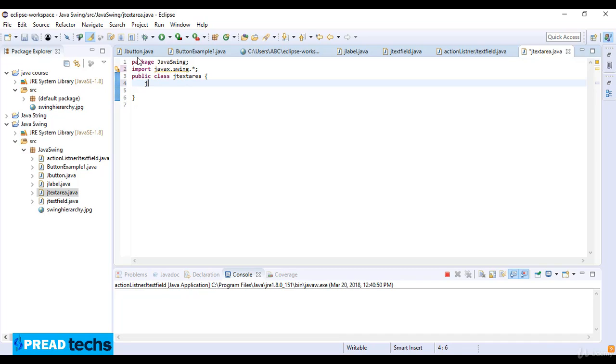So here I write JTextArea as a class, and then JFrame f which is equal to new JFrame, so the object name here is f. Now JTextArea, and here I write area which is equal to new JTextArea, and here I write welcome to Java